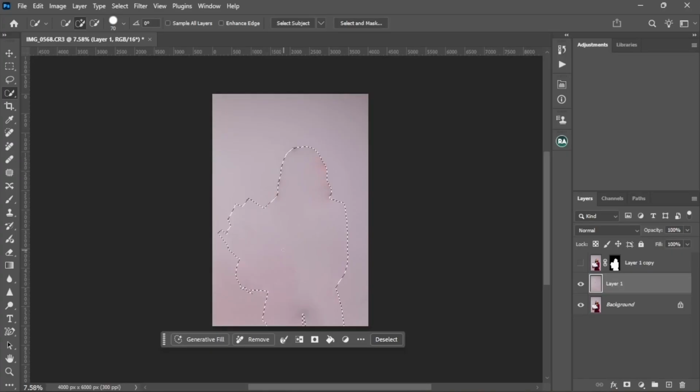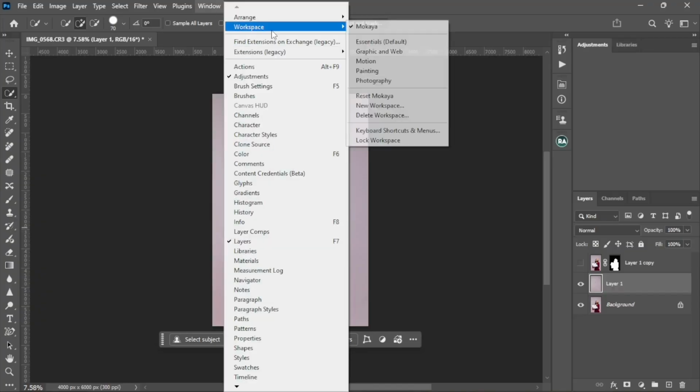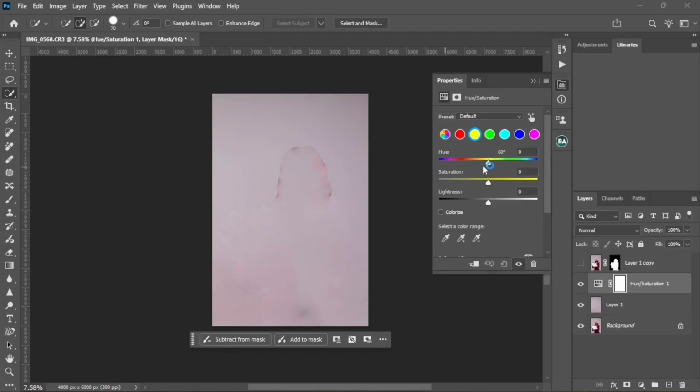We'll disable the visibility of this first layer over here and remove the selection by pressing Ctrl D. You see our selection is perfect because we have used AI. So we'll come here and go to Hue and Saturation. Mostly the temperature tends to distort the colors. Then we reduce the saturation of the yellows to that point. We come to the blues, we reduce the blues. Then the reds, we reduce the reds to around 50. Yeah. Then finally, we use this